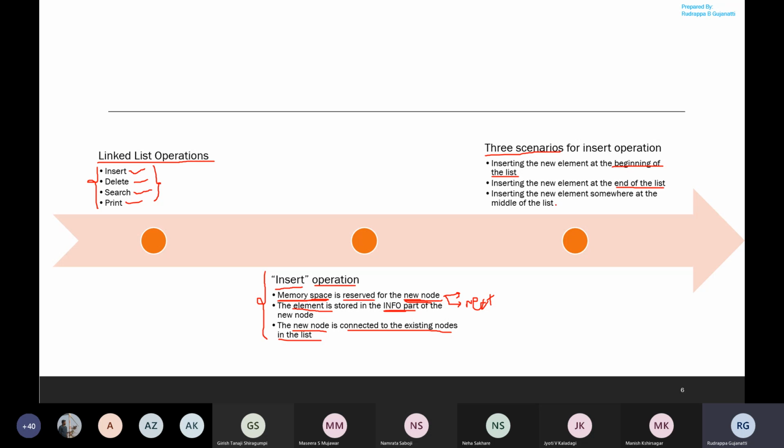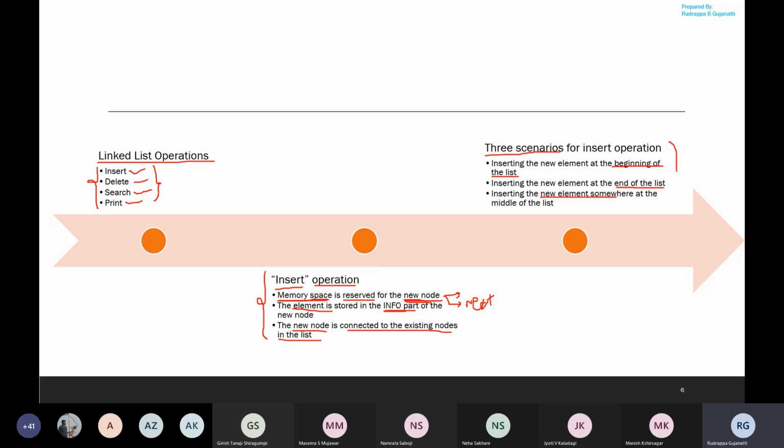Then if the element is inserted somewhere in between the linked list, what changes do we have to incorporate so that the insertion is successful? So these are the three scenarios: insertion at the beginning of the linked list, at the end of the linked list, and in between the linked list. These are the three scenarios you have to take care of.